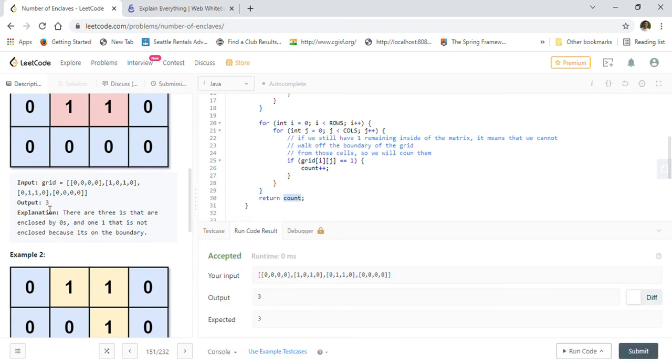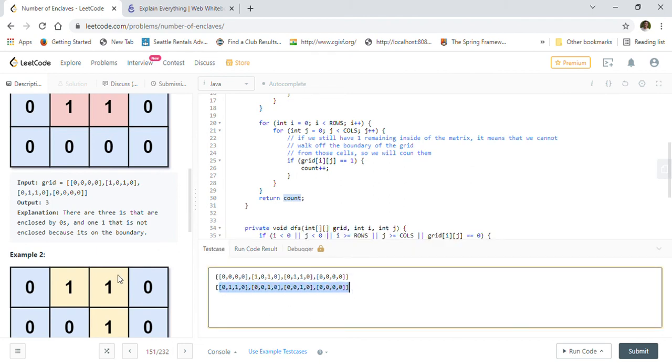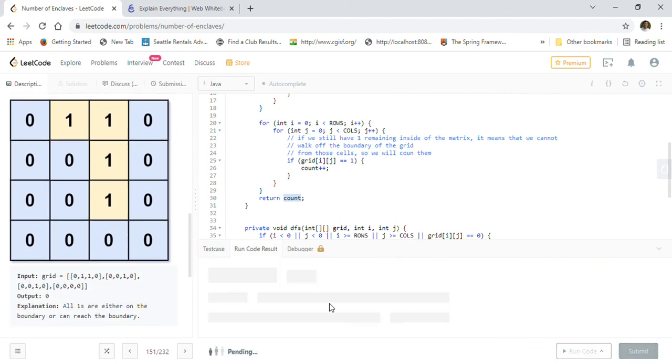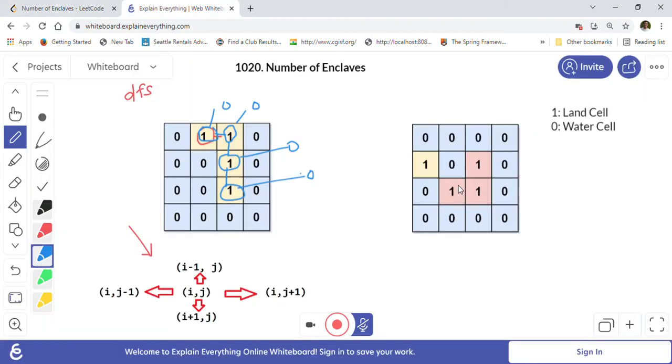So as you can see, we are also getting 3. We are getting the correct answer. So we can run with the second example also. This is our second example that they have given us here. So we'll just run our code. We should get 0 for this second example. As you can see, we are getting 0 in the second example. So now what we will do is, we will just convert this 0 to 1, and then these cells will be connected. Let's convert this 0 to 1, and we can run another unit test here.